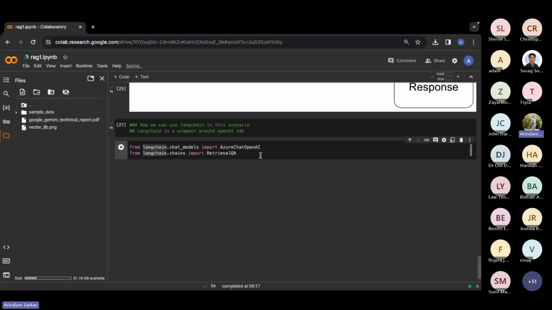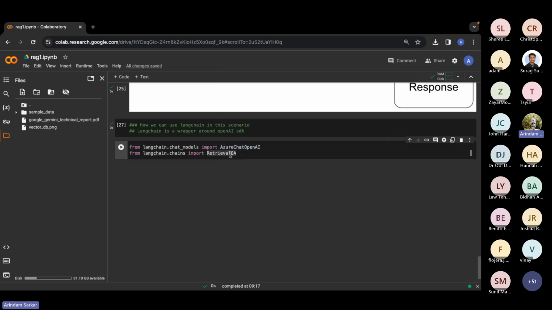Someone can also directly try the OpenAI APIs, right? They already give some API key, and an enterprise version as well. But I am using Azure Chat OpenAI. That's why I am saying Azure Chat OpenAI. If you are just using OpenAI, then it should be just OpenAI.